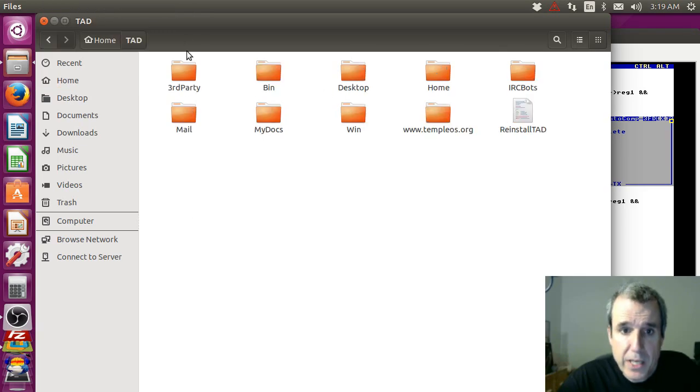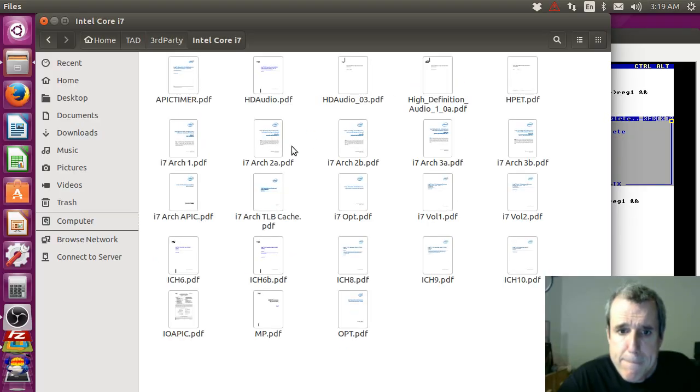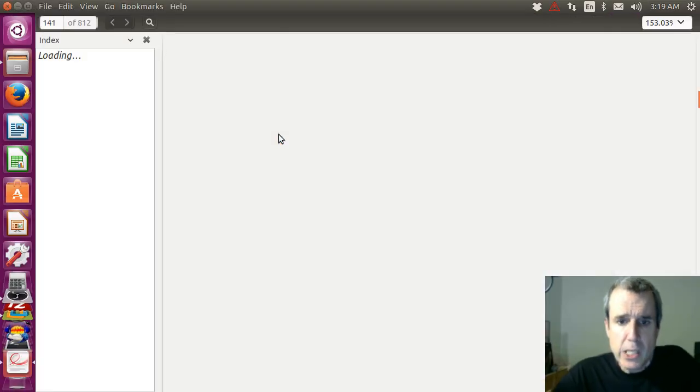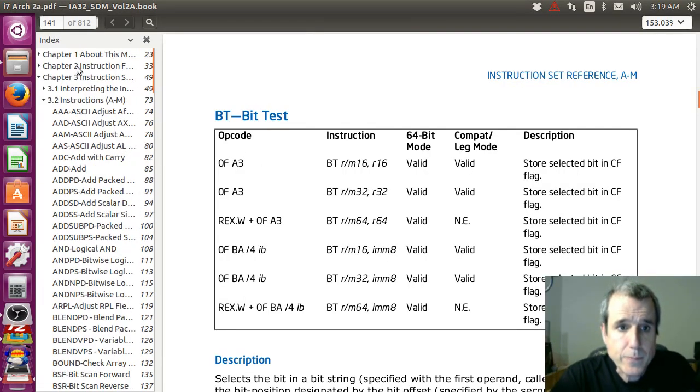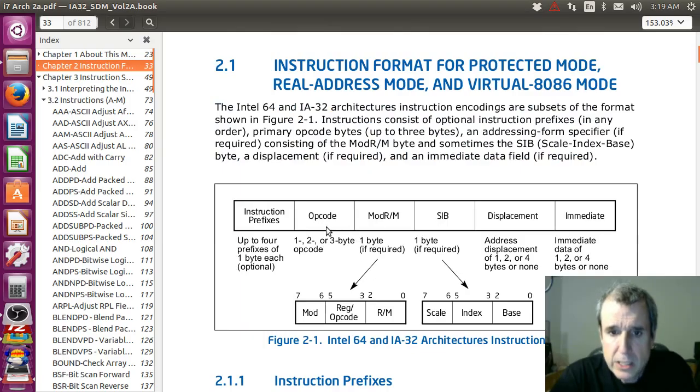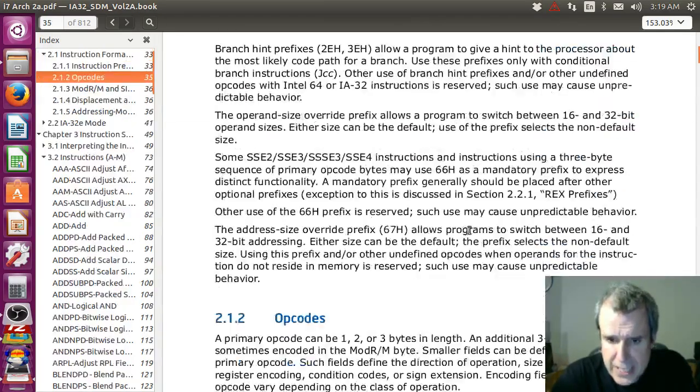Now here's something interesting. Okay, so you can have prefixes, opcode, modder, SIB, displacement, immediate. So this is the format of an instruction. You don't have all of these all the time. What I did, which was genius, is I